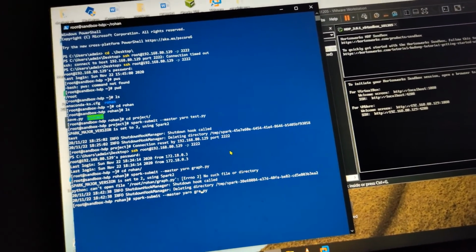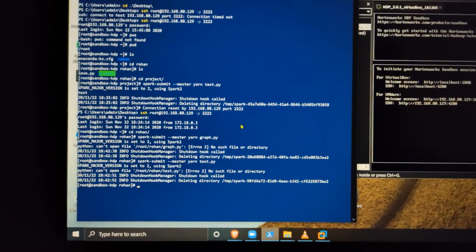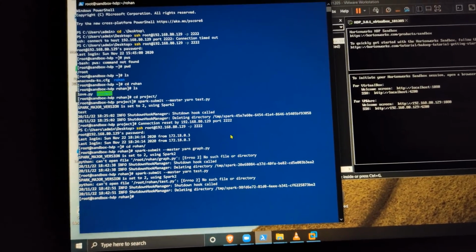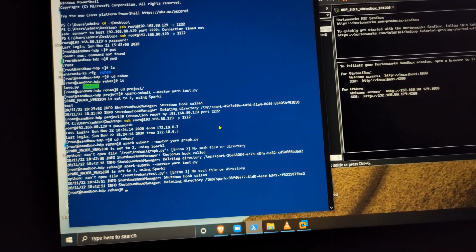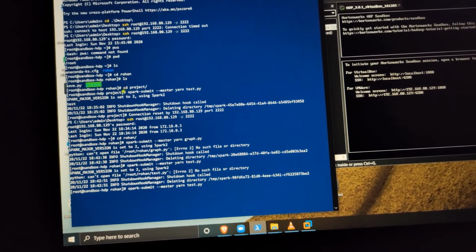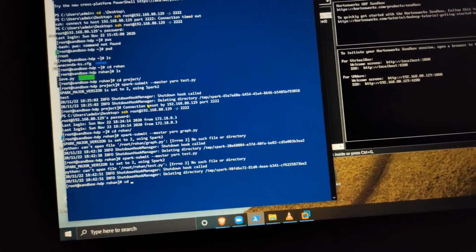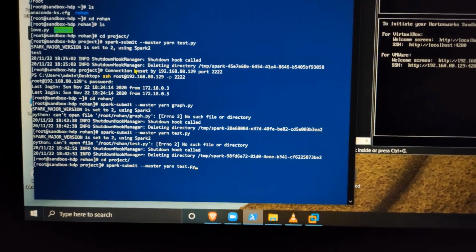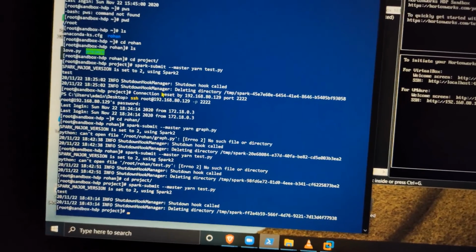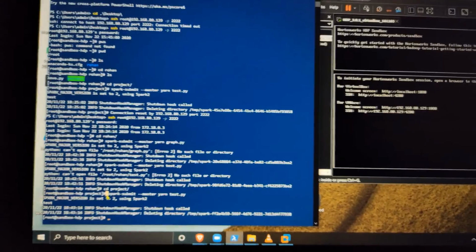I'm sorry, I executed the wrong file. We have to execute test.py. I was in the wrong directory. So now I'm running it. Yes, and here we got test executed. So a simple Python program executed on the cluster and we are getting the output.